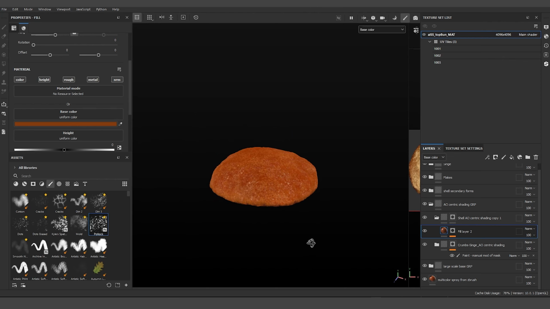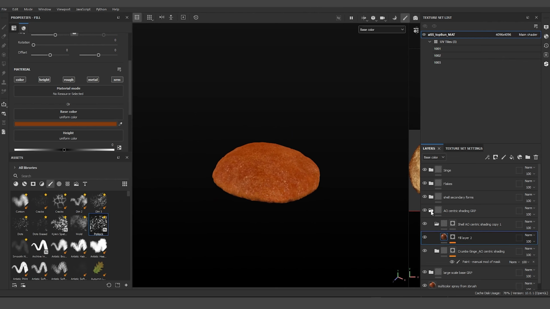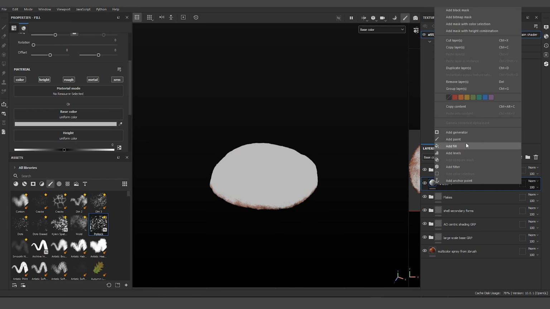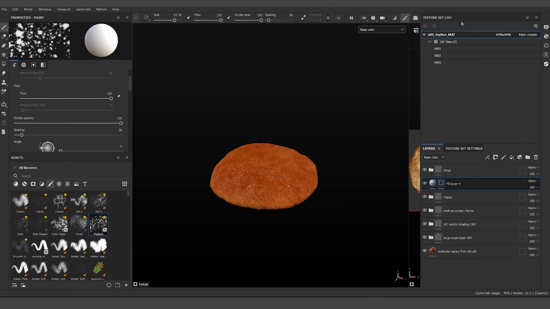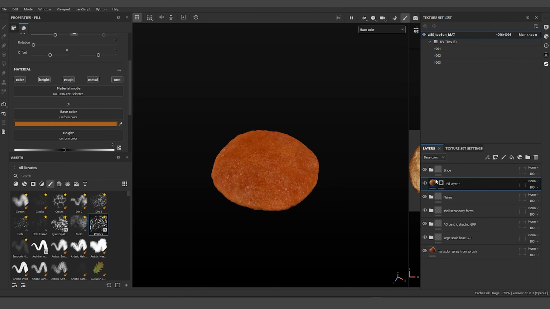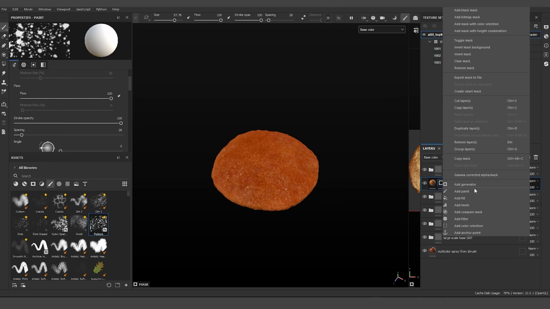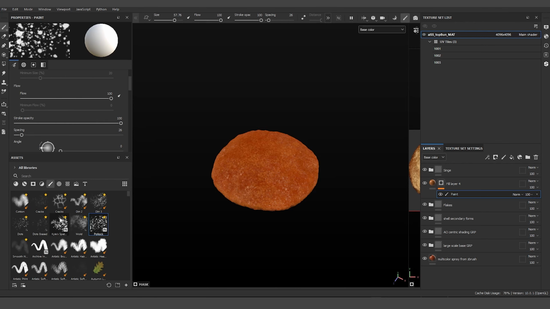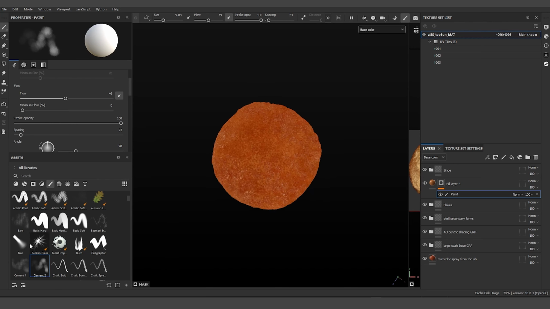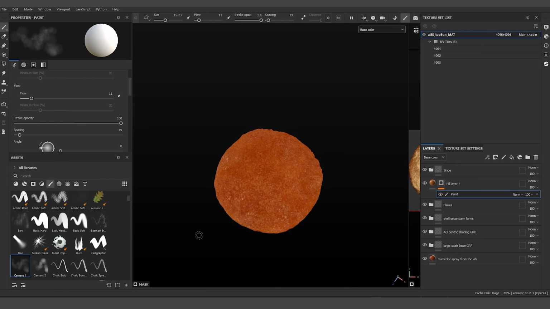But I still think that I'm going to do some general toning over the flakes for the top of this thing. So I'm going to add a fill layer, add a black mask, and I'm going to pick a color off screen, add paint, and I'll probably change it shortly when I start to see what it looks like. And then I'm going to grab my cement brush, actually this one here, and see if I can do just some large scale breakup